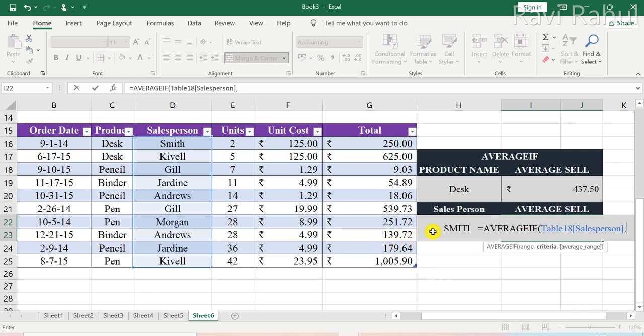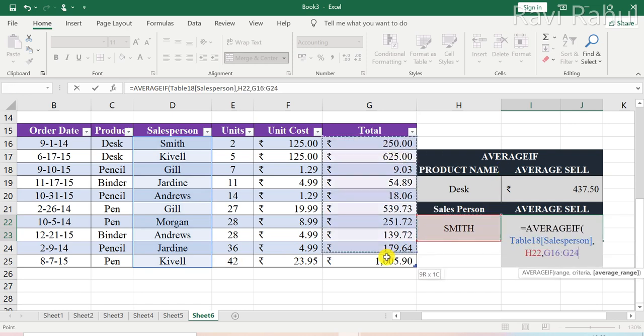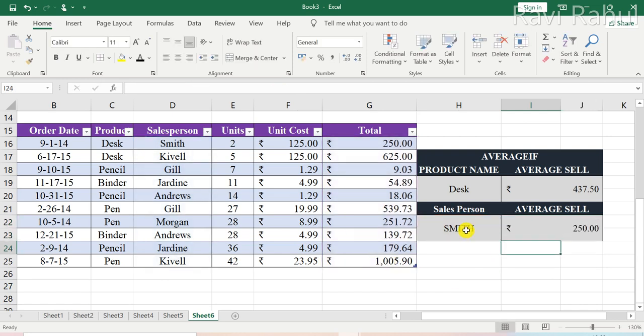So I am selecting the criteria as this cell, and then what I want is the average of sales conducted by this particular salesman. So Smith has sold an average of 250. How? Because we have only one Smith, and so it will be divided by 1, and it is 120. What if I add 2 more Smith? You see, the value will be changed to 294. That is, average sales of Smith is 294.68. In this way, you can apply average if functions.